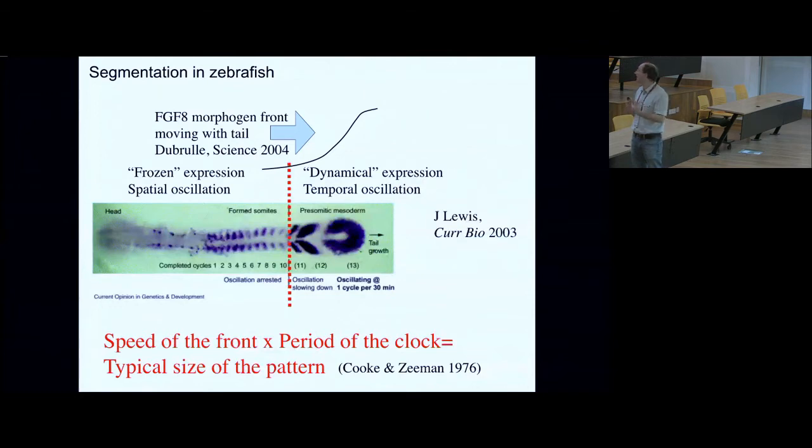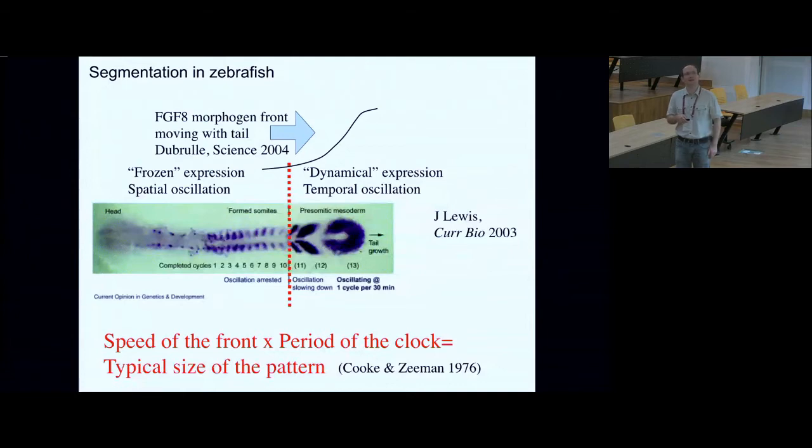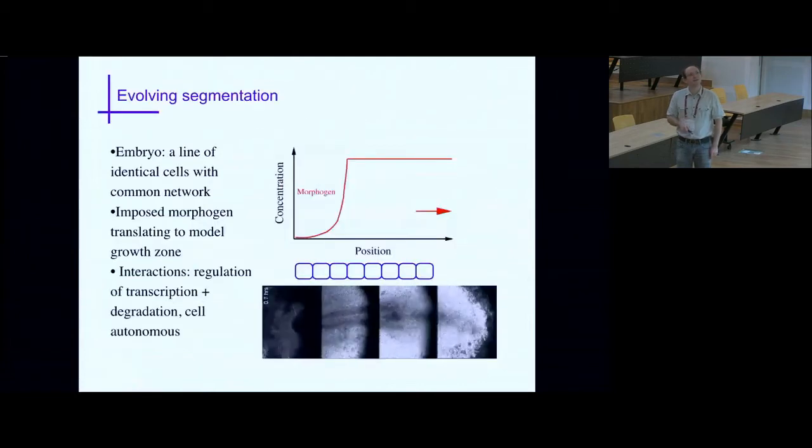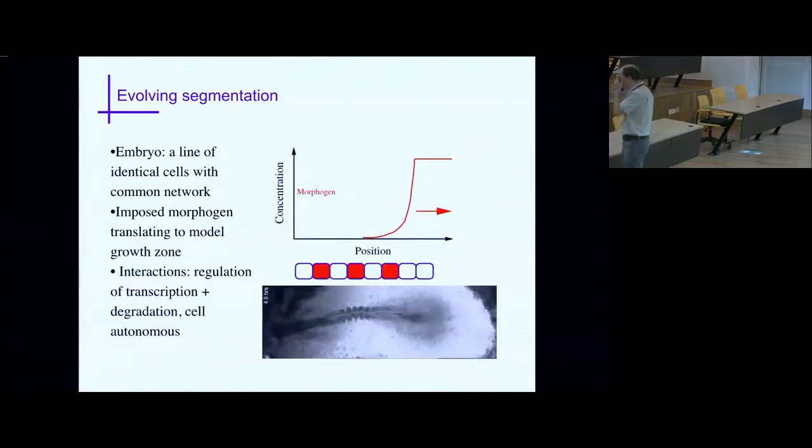And so the question is, how do you do this? How do you do the oscillation first? And how do you make a temporal oscillation that is transformed into a spatial pattern? The important thing is also that you have growth, so it's coupled to growth of the embryo. That's a complicated thing, but we'll see that it might be a bit less complicated than it looks. Okay, so now I got interested in this problem for various reasons.